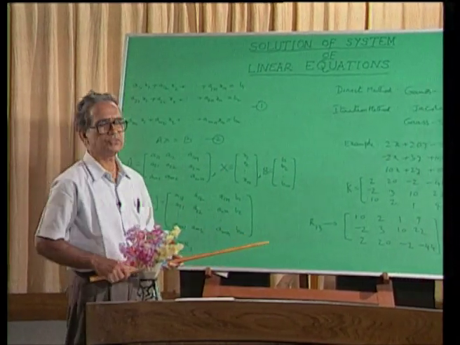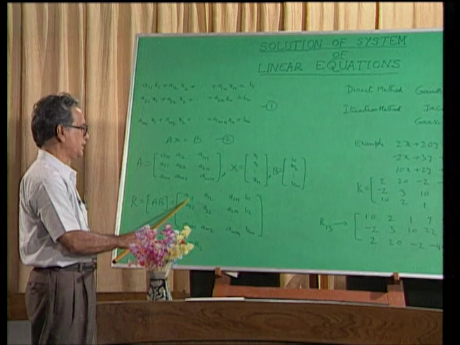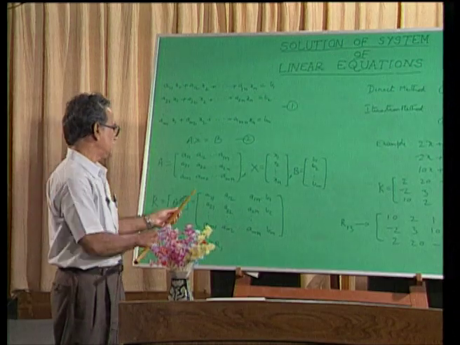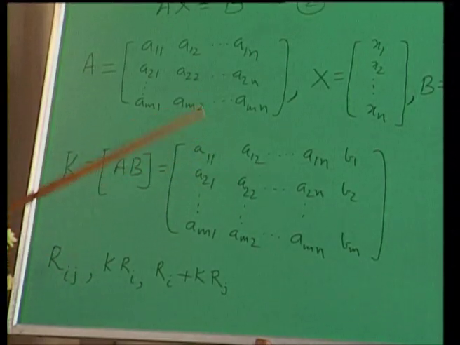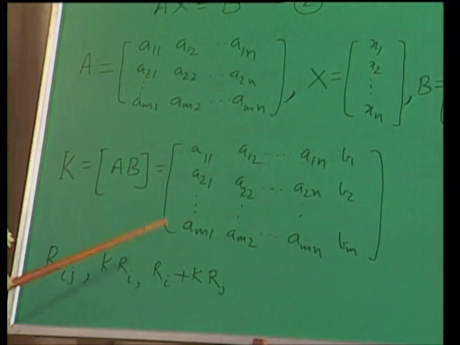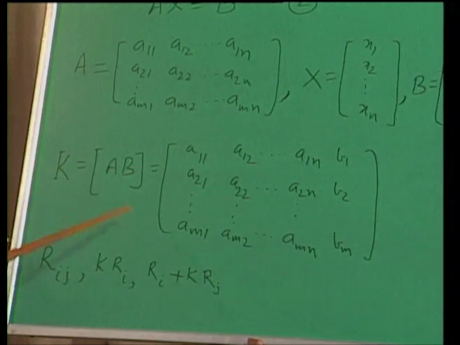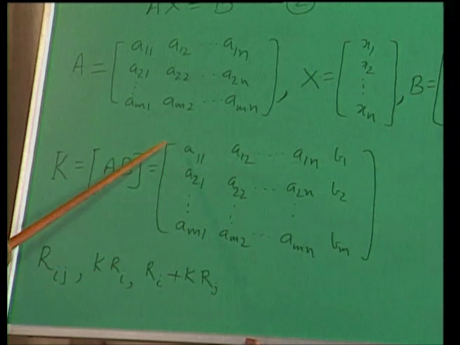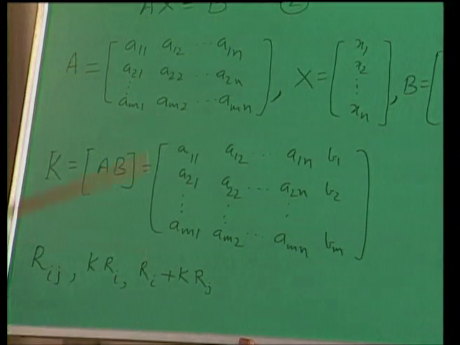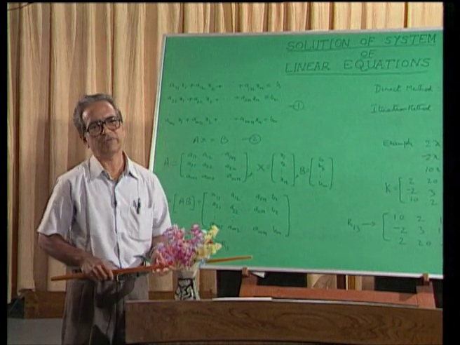Now, in the Gauss-Jordan method, we start with K, consider the first row, and divide the first row by a11, the diagonal element called the pivot. That is, we are performing the elementary operation 1 by a11 into R1. When a11 is equal to 0, we arrange the rows of this matrix by performing elementary row operations in such a fashion that the first pivot, that is the first row first column element, is non-zero. This process of rearranging the equations to obtain a non-zero pivot is called partial pivoting.